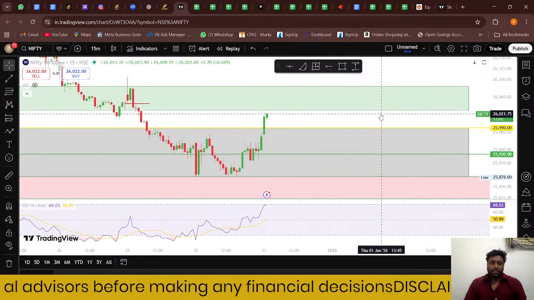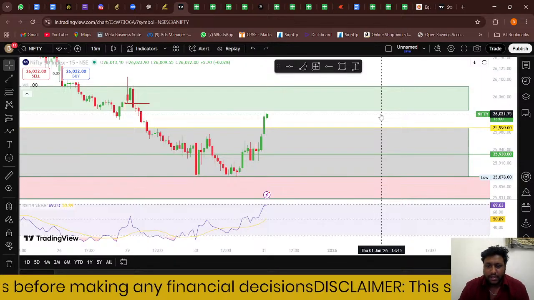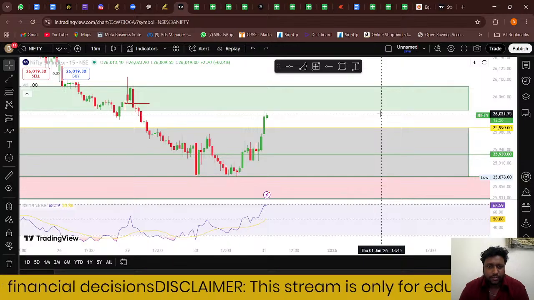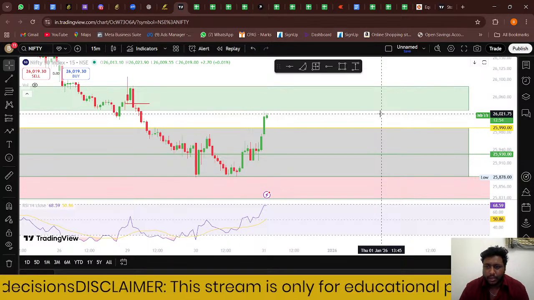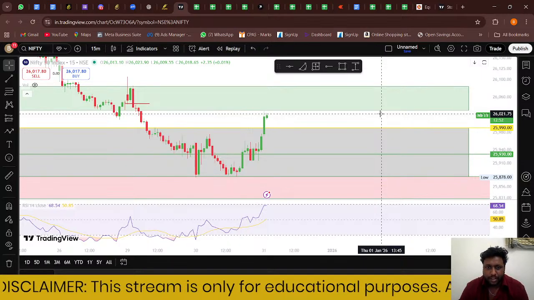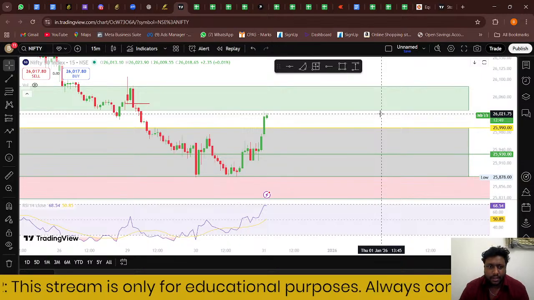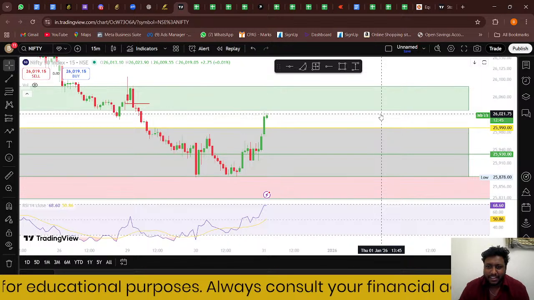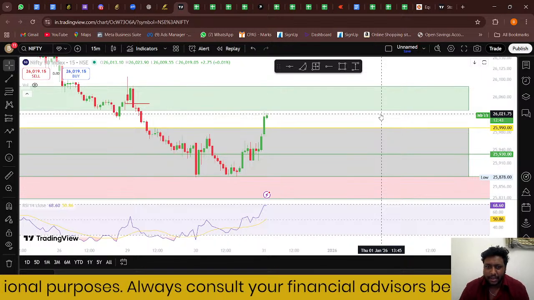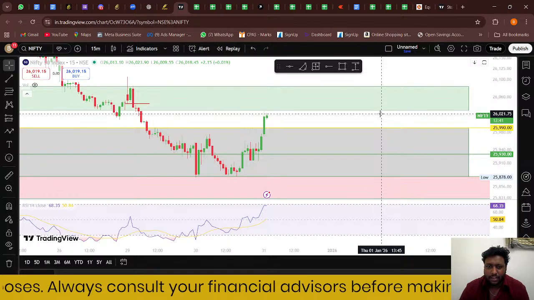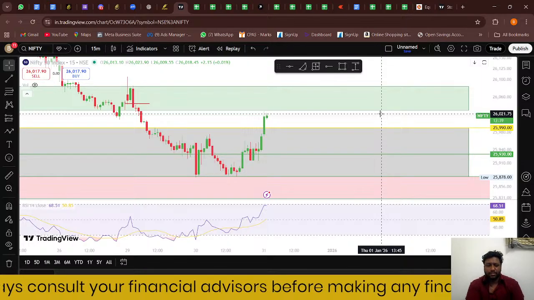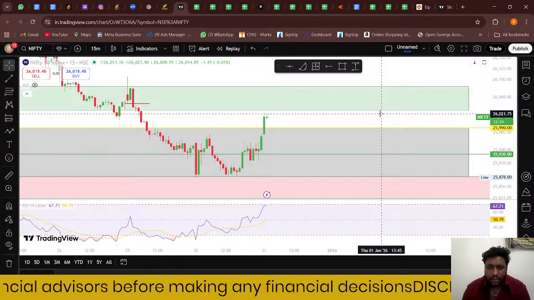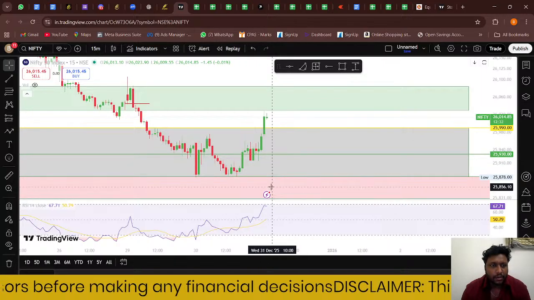This is based on historical data from the previous year and the years before. If we see on January 1st, the market tends to remain positive. It's not always the same, so we cannot rely on that, but I'm talking about the sentiment. Usually the first day of January used to be positive. Anyway, like I said, our levels are on the basis of the